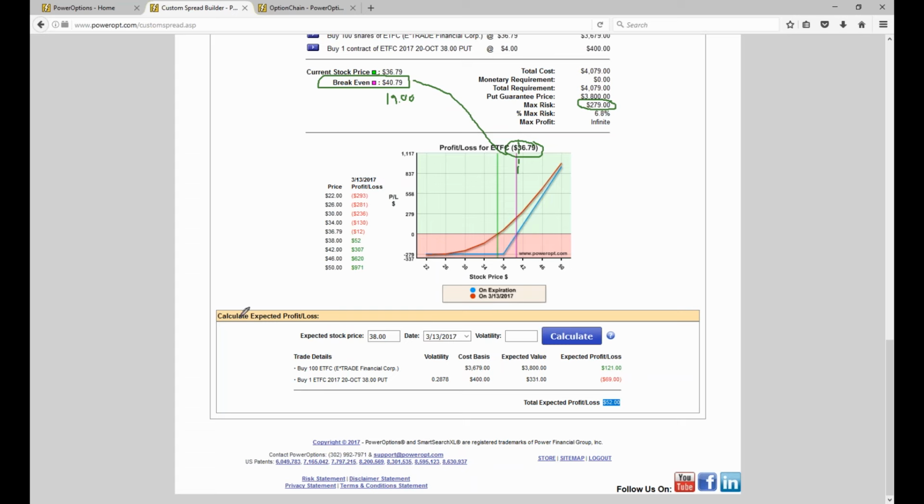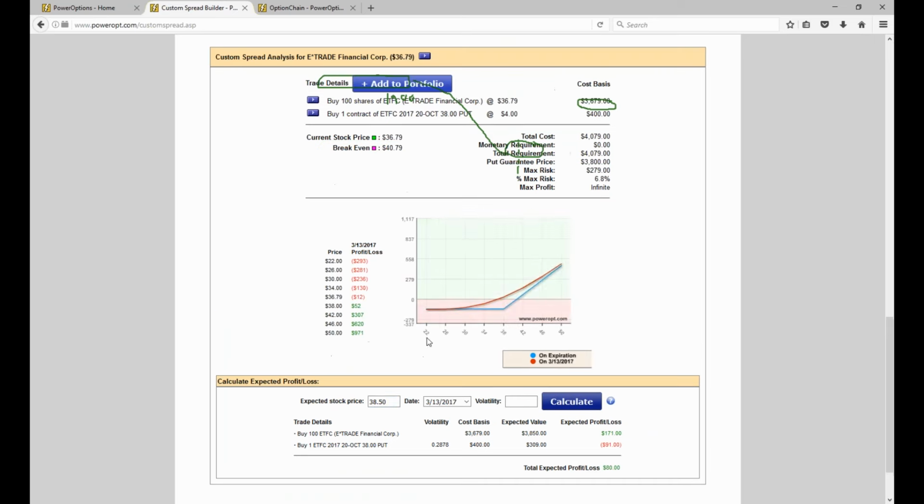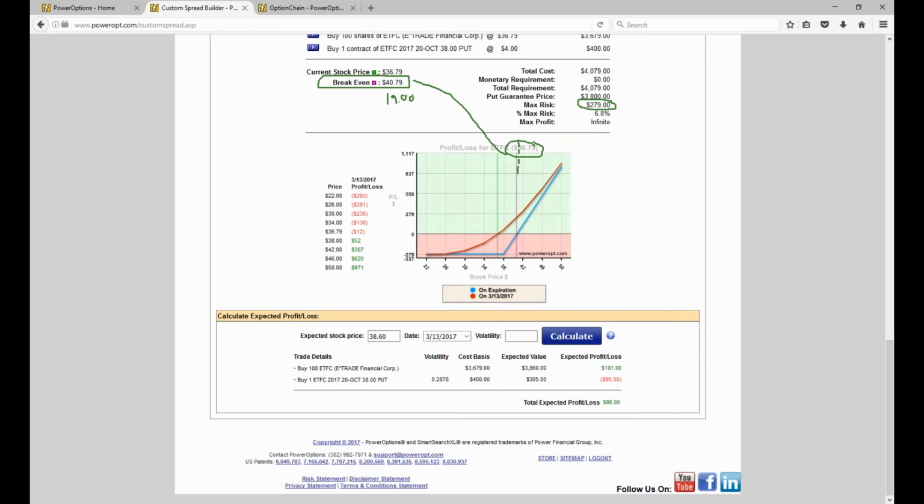Now, let's say there's a good rise. Let's say I get that 5% gain I want in the first 20 days. So we'd be looking at a position here. Let's call it 5% would be about $1.80. So the stock moves up roughly $1.80, goes up to $38.50. Well, let's call it $38.60 actually on 3/13, about 20 days out. Well, I'd be making close to 86 or 90 cents. Again, 50% of what I expect to make just holding the stock by itself.